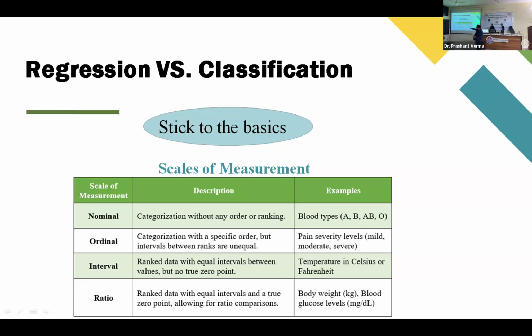The last one is the ratio scale. It will have the absolute zero, the true zero. Other things are the same. It will also be a numeric, quantitative type of variable. It can be an integer or a decimal as well. Can we have one example for this ratio scale? Which variable should be on a ratio scale?